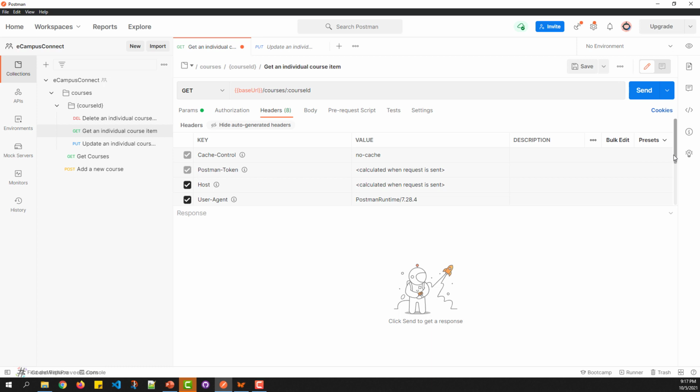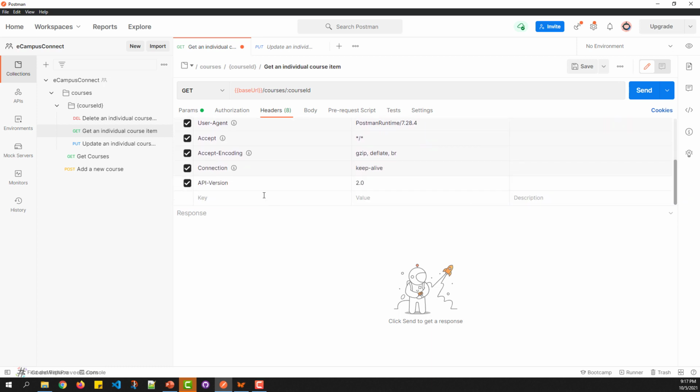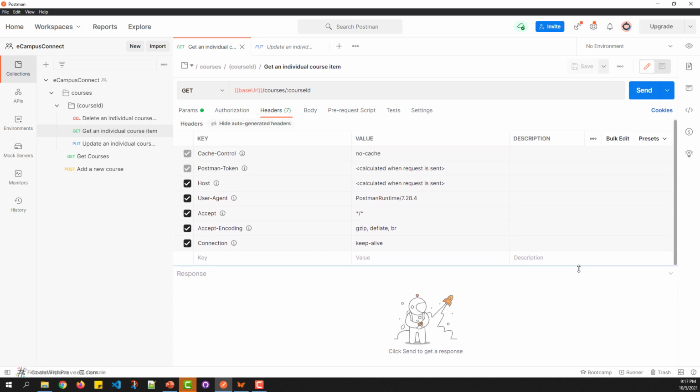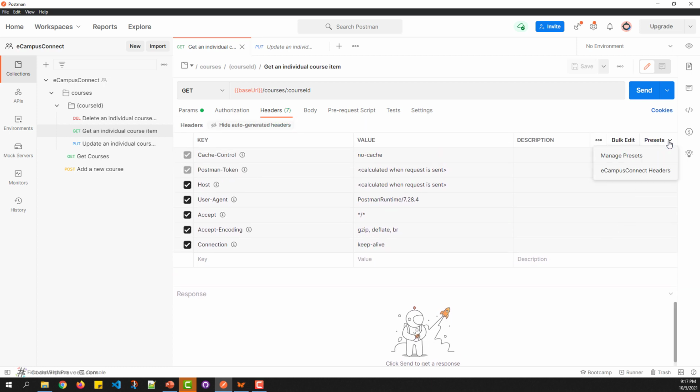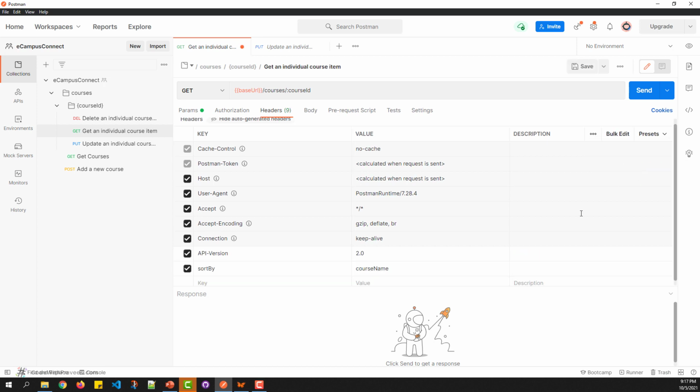Before I select this, let me go back and delete the API version that I have added manually. Let me scroll down and now I go to the presets and select the eCampus Connect header that I had configured before. Once I click on this, Postman has added all the headers that have been configured inside this specific preset.